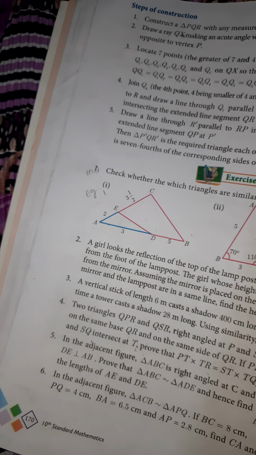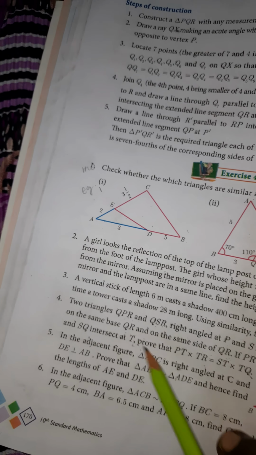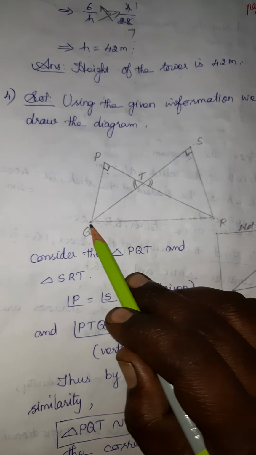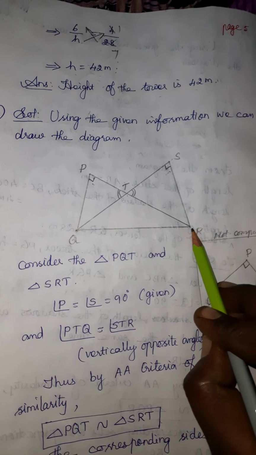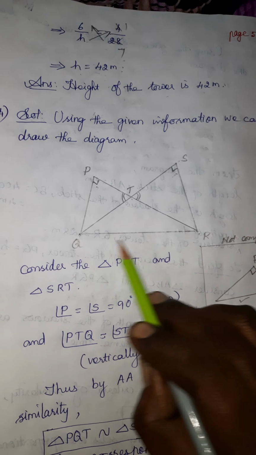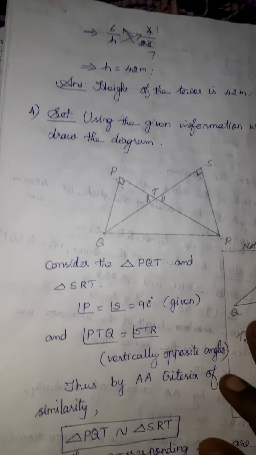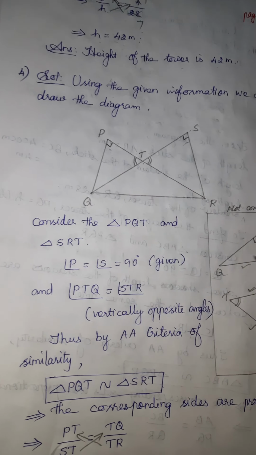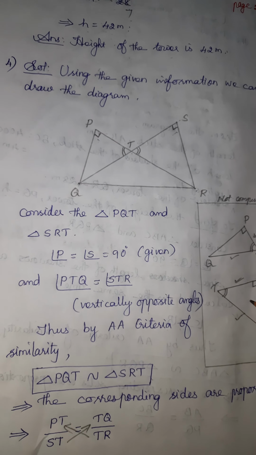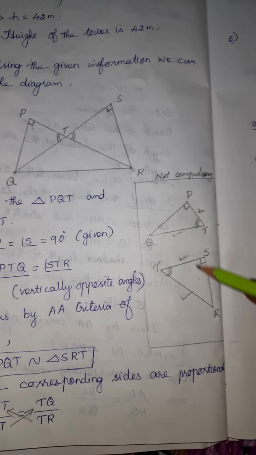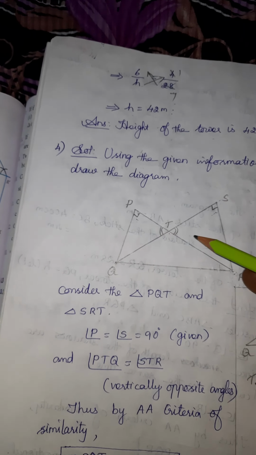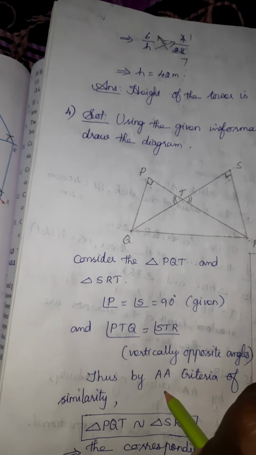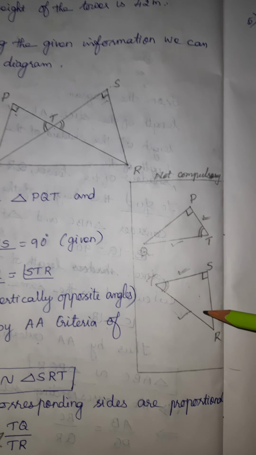Before that, for drawing the diagram, it is given that they are drawn on the same base QR and on the same side of QR. You see, this QR is one of the sides of both triangles. Also, it is the base of the triangles. Okay, that is the diagram. From the diagram, for doing the sum, we can separate the necessary triangles. It is not compulsory. If you can write from this diagram, that is enough. Those who need the extra diagram, you draw these two.